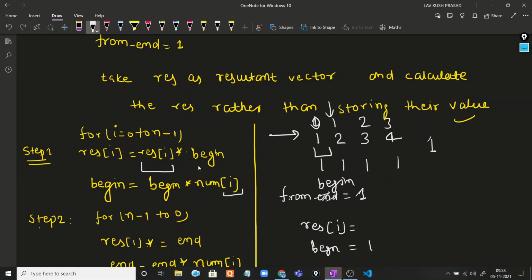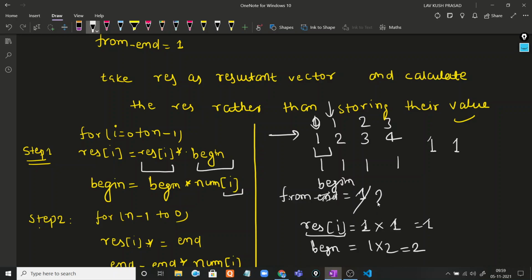So resultant is 1, because resultant[i] is 1 and begin is also 1, so it's 1. But we have to update begin, and after the update, begin is 1 into the current value 2, so begin is now 2.